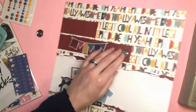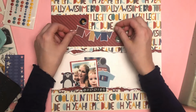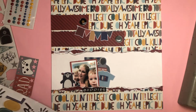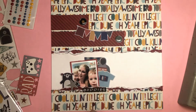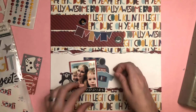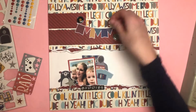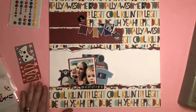And even though the pattern is dark, it gives me a solid area of colour to embellish. So my embellishments will look so much better against a plain pattern. I know it's not plain because it does have a diagonal stripe on it, but because it's a kind of tone on tone colour, it reads quite well as a solid. If it was a red and white stripe, for example, then that would not work at all. It would be just as busy as having the words on the background. So because it's a tone on tone all over colour with no white, it works really well for me to